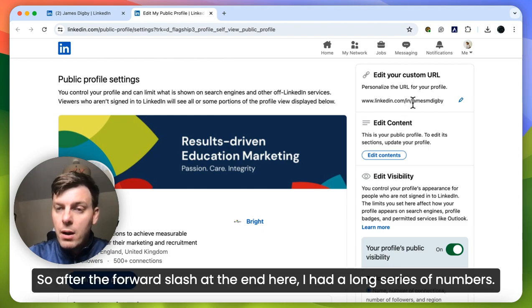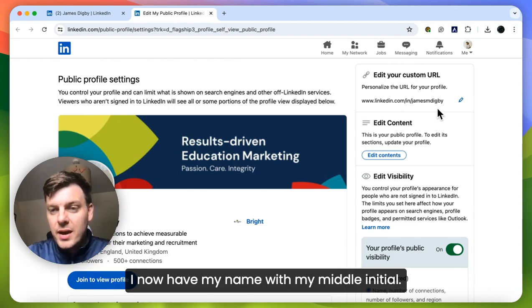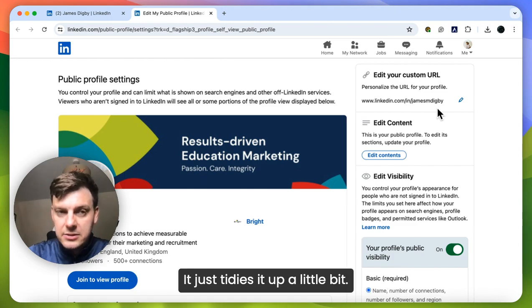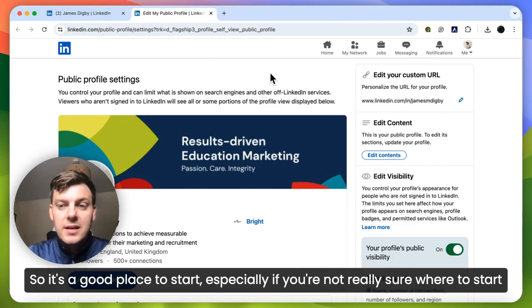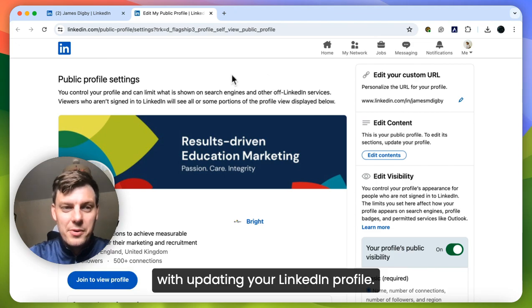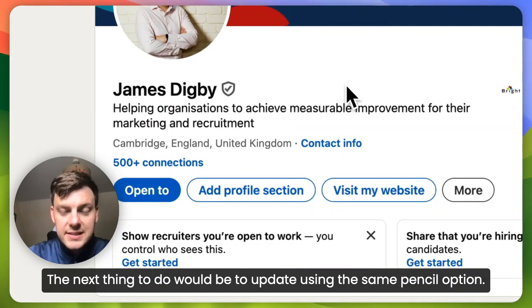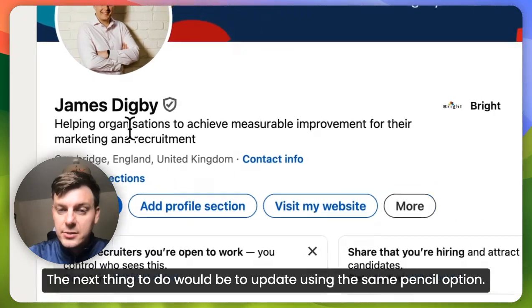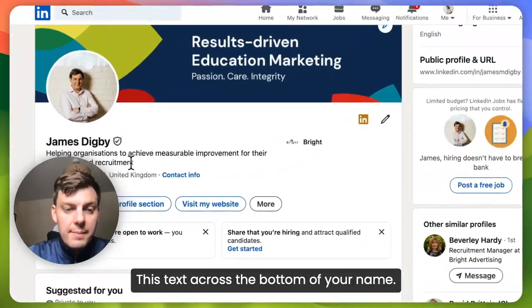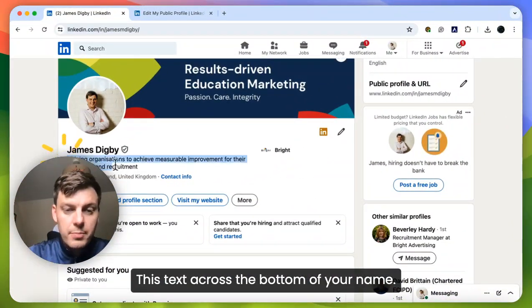So after the / at the end here, I had a long series of numbers. I now have my name with my middle initial. It just tidies it up a little bit. So it's a good place to start, especially if you're not really sure where to start with updating your LinkedIn profile. The next thing to do would be to update using the same pencil option, this text across the bottom